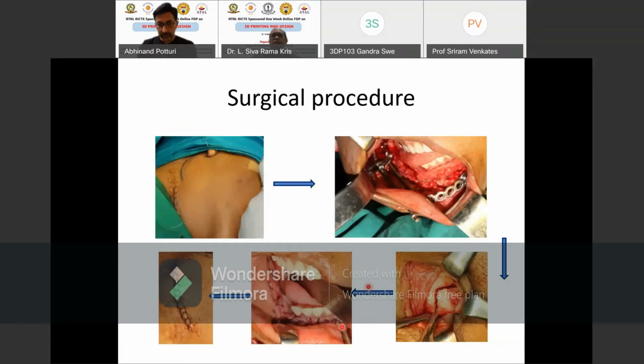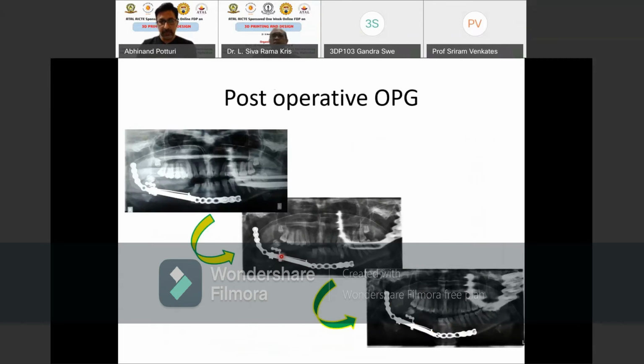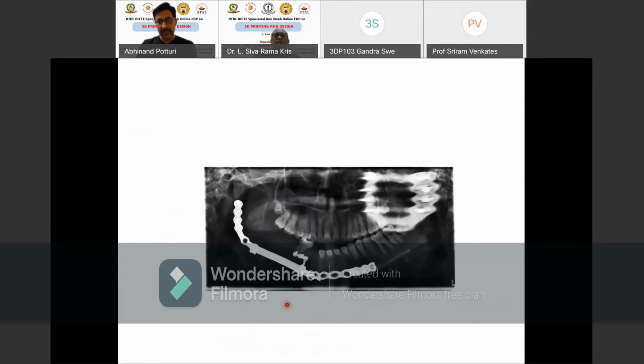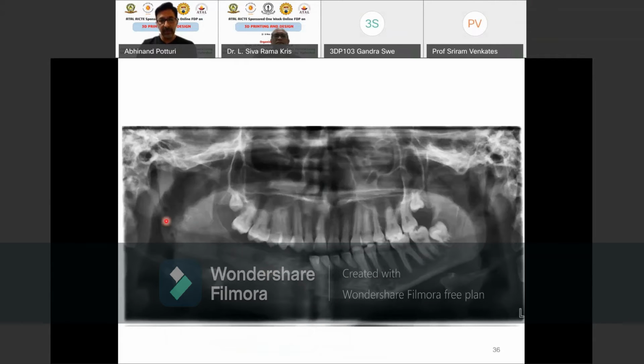So this is how we put the device in the patient's body, on the patient's jaw, and then this is how the patient's X-ray looks once the device is put. And then slowly over a period of time, the bone forms, and then this device will be removed and thrown out after 6 months. So this is how it looks immediately after surgery. There is no bone here, but after a few months you remove the device. See, these are all holes which were carrying the device before, and you see here new bone has already formed.